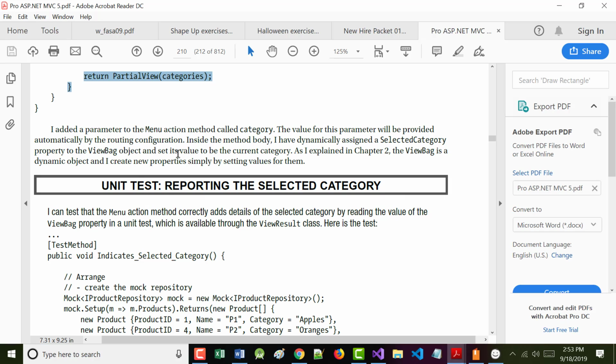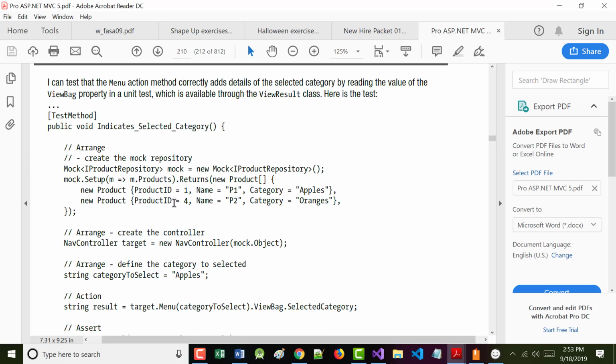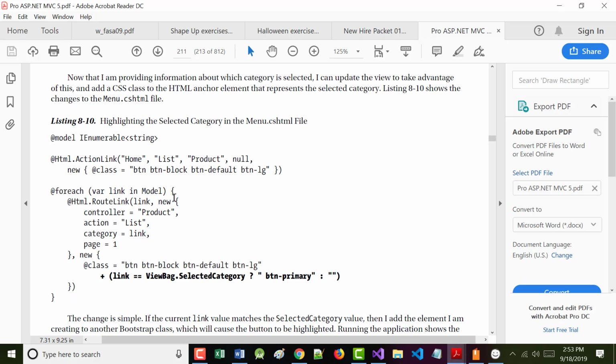All right? Then on 210, the rest of 210, there is another unit test, which jumps us up to page 211. Now that I'm providing information about which category is selected, I can update the view to take advantage of this and add a CSS class to the anchor element. So in other words, we want to go into our menu.cshtml that's in there right now, and we want to add this.